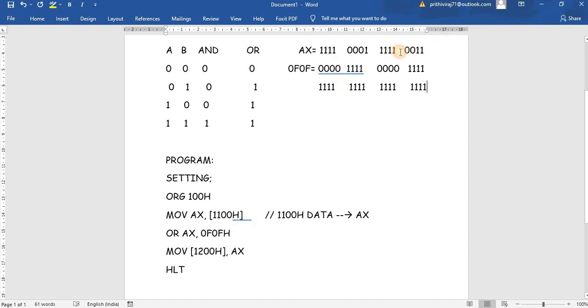Suppose here I have given 0, then here the output will be 1110.